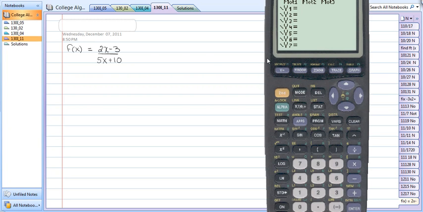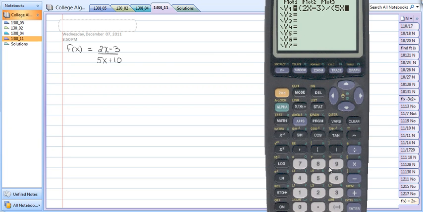To graph the function (2x − 3)/(5x + 10), you can enter this into the calculator, but you have to let the calculator know what's up in the numerator, which in this case is the 2x − 3. To do that, you put parentheses, and you only need one parenthesis there, so let me delete that one. Minus 3. Close the parentheses so it knows that is the numerator, divided by, and then type in 5x plus 10,